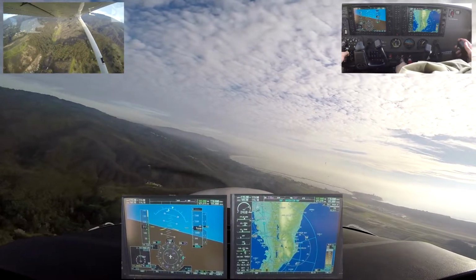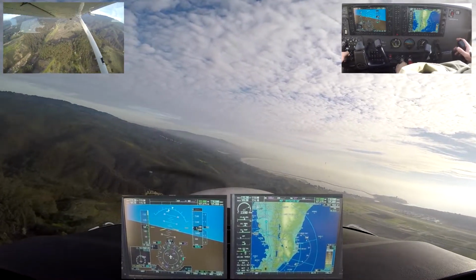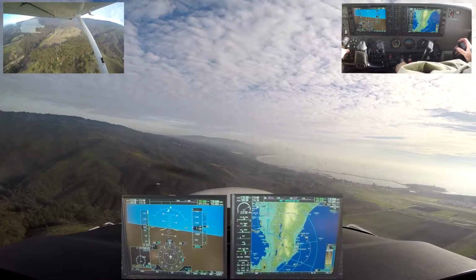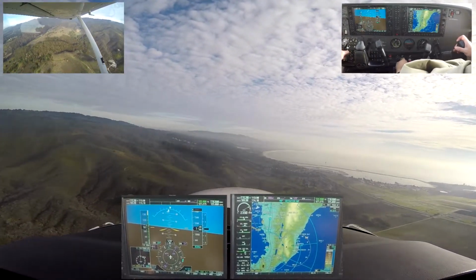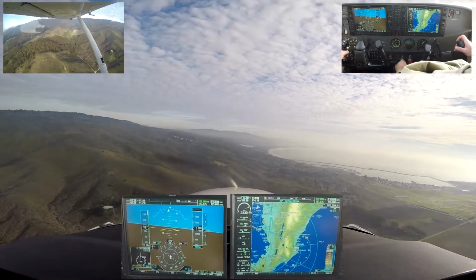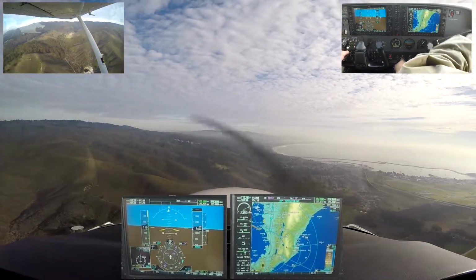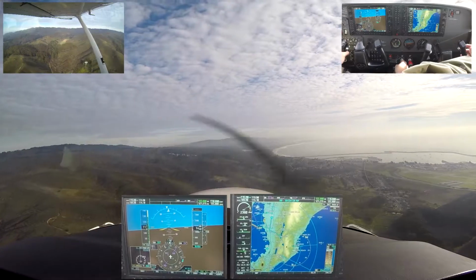Bay traffic, Cessna 67 Lima, right base, runway 30, Half Moon Bay. Half Moon Bay traffic, Cessna 254 Kilo is a beam of 30 numbers on right downwind, departing the pattern, Half Moon Bay. Half Moon Bay traffic, Cessna